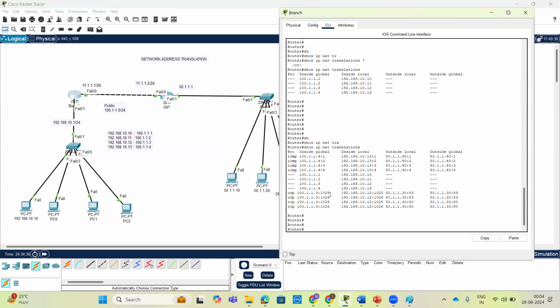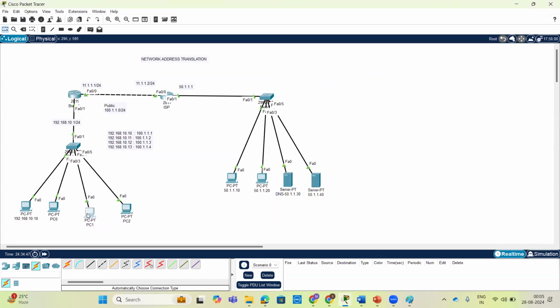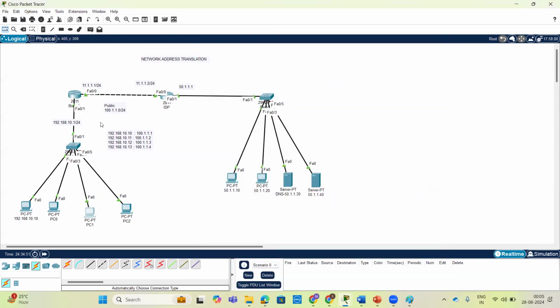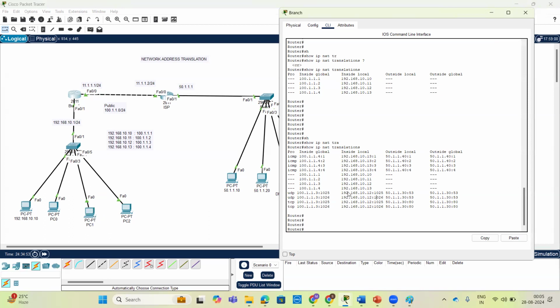So we originated this through PC1. The IP address of this PC is 192.168.10.12. You can check also here. So 12, definitely. Now you got it 12 also. For that PC we configured